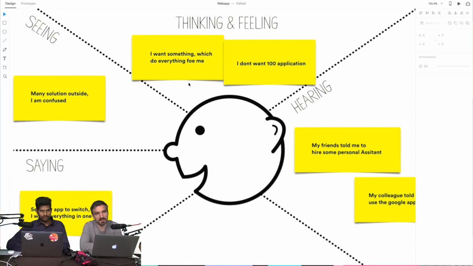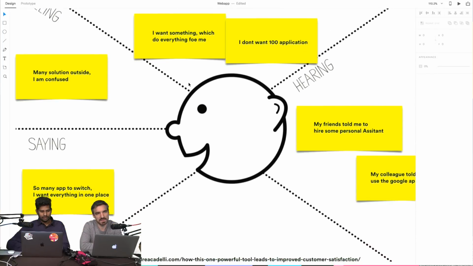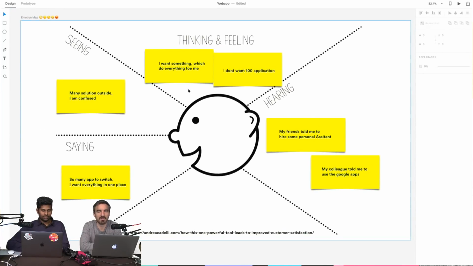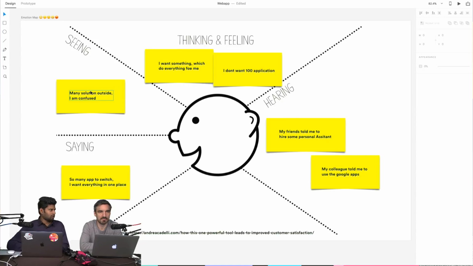So thinking and feeling, what he sees, what he says, what he hears. We have to map everything out, because sometimes he sees something and says something, but he thinks something else. We have to get everything from him. We have to understand and observe him. He is seeing that many solutions are outside to solve his problem.